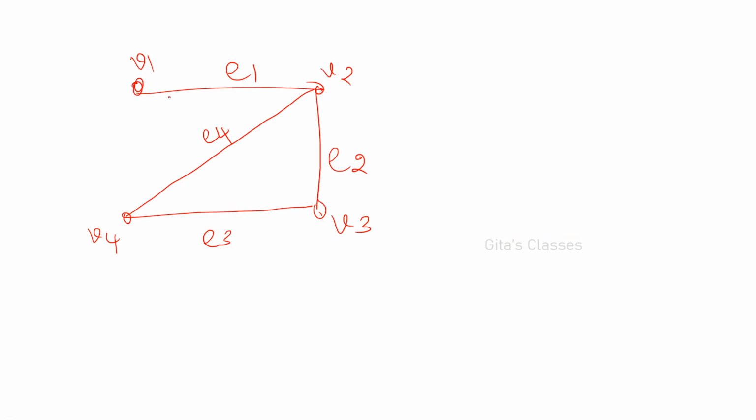Suppose I start from V1, V2, V3, V4, then you have to come back to V2. Then you have to travel to V2 twice. So without repeating, you cannot visit all the vertices only once. Even if you start from V4, we'll see. V4, then V3, no, it is V2, then V1, but you have to come back to V4. No, it is not possible. Therefore, it is not Hamiltonian. It is not a Hamiltonian graph.